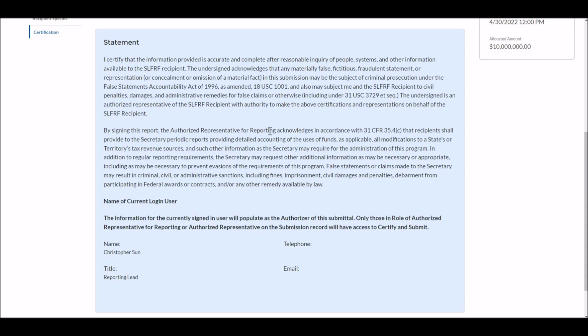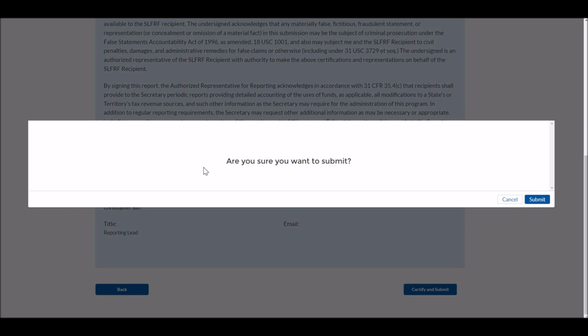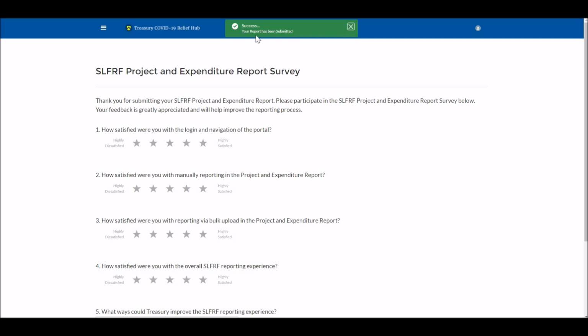If you are the authorized representative for reporting, you'll be able to scroll down further. You should see your name here in the box and your title, and you'll be able to click the Certify and Submit button in the lower right-hand corner. So let's go ahead and click that box. And you'll see here a pop-up asking if you're sure you're ready to submit. You can click the blue box again that says Submit. And you'll see that your report has been